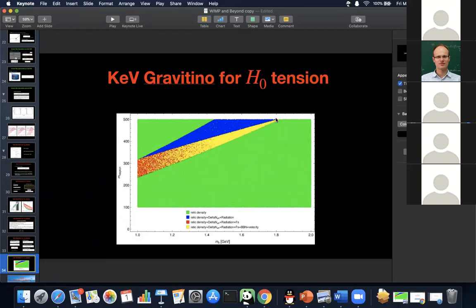It cannot be very heavy. But this is a very rough result, and we are refining our calculations, and there are a couple of things to check. But anyway, it seems the slepton cannot be very heavy in our case,